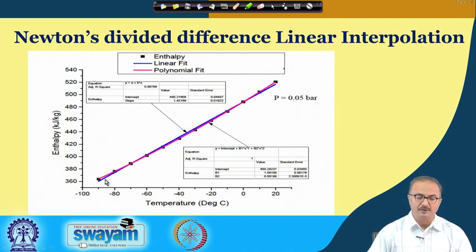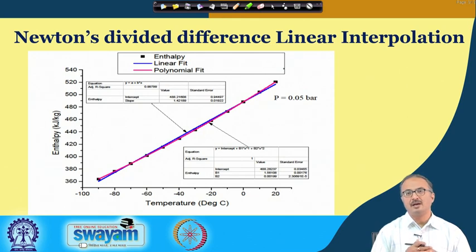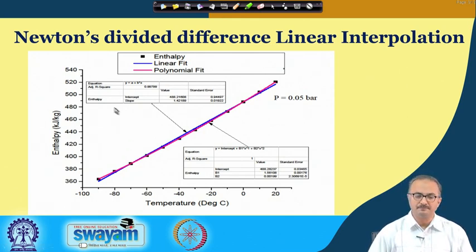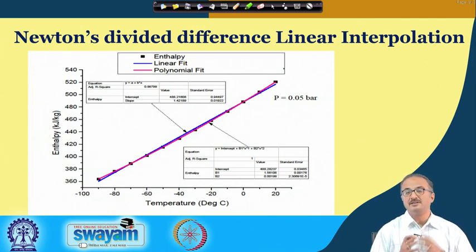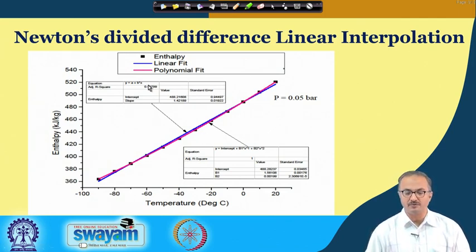Then we first fit a linear curve. This can be fitted using some package like Origin, Excel, or MATLAB, and it will also give you the correlation coefficient. Here you can find the R square value coming to be 0.99799. This value tells us that this is a very good fit even with a linear thing. If it is as near as unity, we take the fit to be very good. So, we are already getting a very good linear fit within this particular zone.